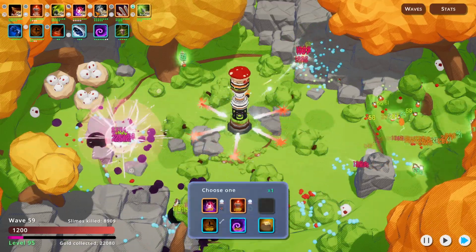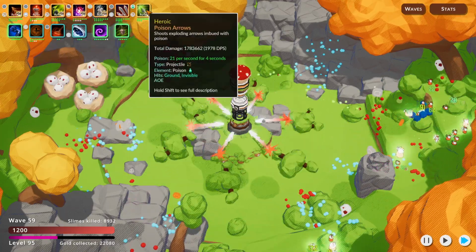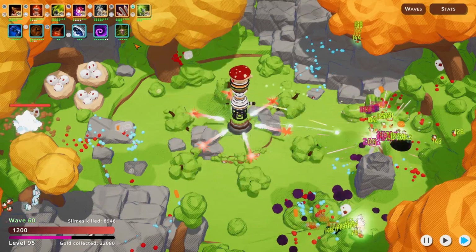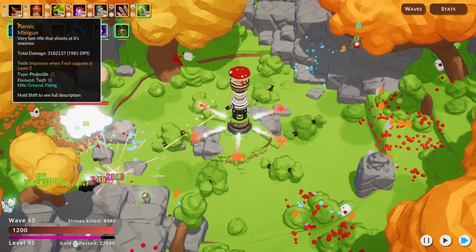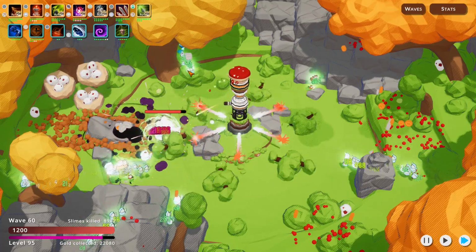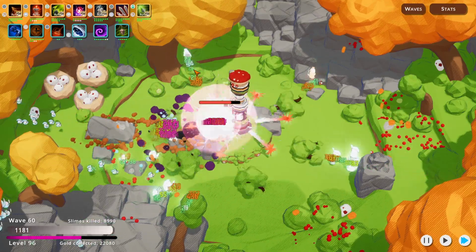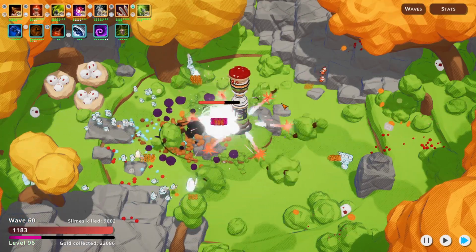But if you can get this, if you can get all of this, again, minus the poison arrows, because it's completely random what you get from the egg, this is a surefire way to win. Especially if you get the Statue of Sin quite early. And by win, I mean just get over wave 50. Because I think it was...